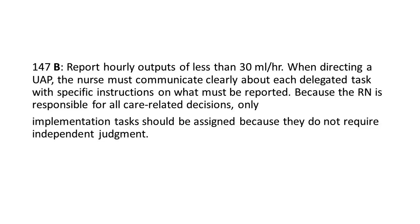147B. Report hourly outputs of less than 30 milliliters per hour. When directing a UAP, the nurse must communicate clearly about each delegated task with specific instructions on what must be reported. Because the RN is responsible for all care-related decisions, only implementation tasks should be assigned because they do not